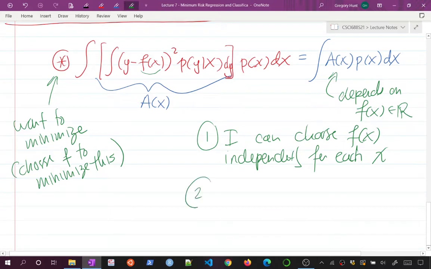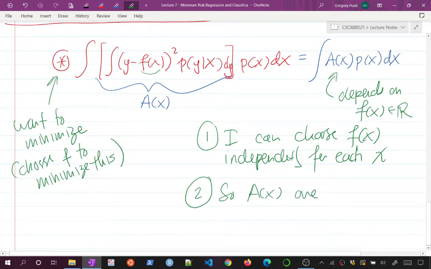And what that means, so I can choose, right, or I can, let's say choose, but yeah, basically choose a of x. We don't really choose it, right? We choose f, and it will give us the resulting a of x. So a of x